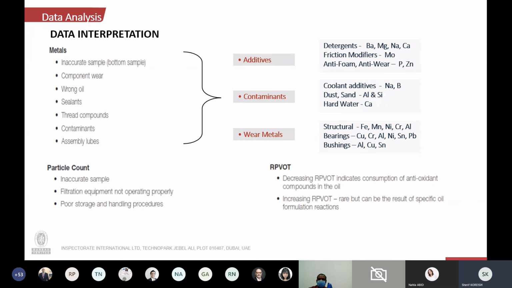Then there are contaminants coming from cooling additives, which you can see from sodium and boron, for instance, and dust and sand, where you can see high levels of aluminum and silicon, so you can relate them to the contaminants in there. And if there is hard water involved, high levels of calcium can be seen, along with magnesium,